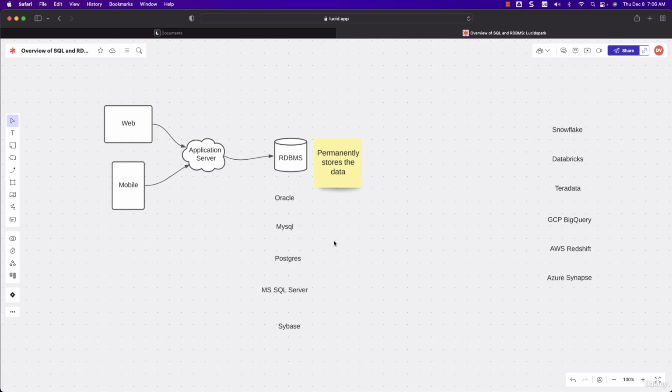Also keep in mind that SQL is like a remote to a TV. If you consider Oracle as a Samsung TV, MySQL as a Sony TV, Postgres as a Panasonic TV, then you are just using SQL as a remote to interact with these databases. If you think about it, the Samsung TV remote will be a little bit different to the LG TV remote and the Panasonic TV remote or Sony TV remote. But as a user, you will be able to operate the respective remote against the respective TV without any glitches, right? SQL is also similar to that when it comes to interacting with the underlying RDBMS technology.